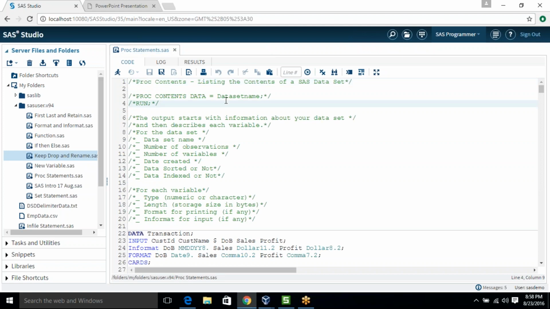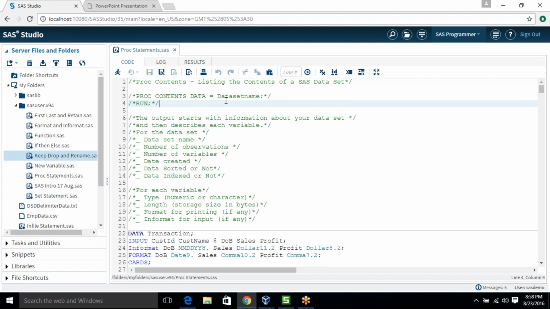In our previous classes, we discussed how to create data sets, maybe from internal data, external data, or if we have an existing data set, then how to do modification with the existing data set, how to create new variables, how to use if then else, how to use first, last, and retain options, and how to merge two data sets using join operations, update.